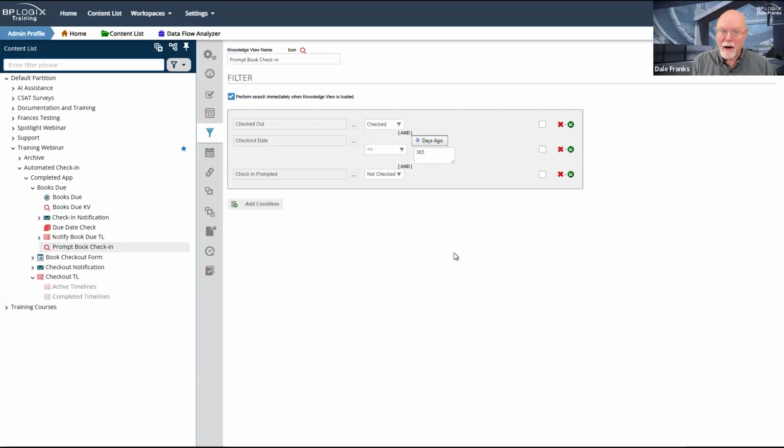And what I want to compare is if date value A, the checkout date, is less than or equal to value B, whatever the due date is. And that way I'm doing a date comparison. I'm not doing a math comparison.